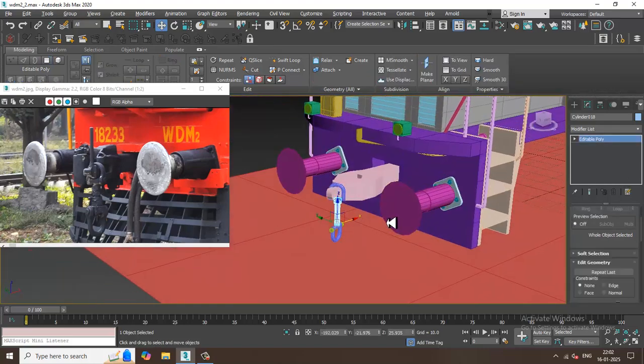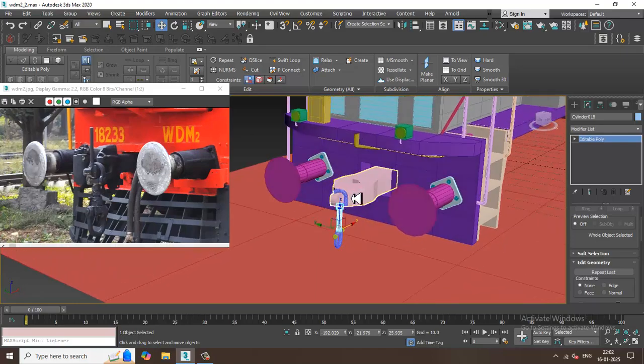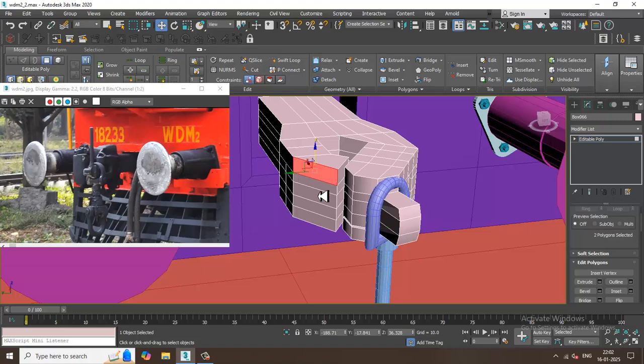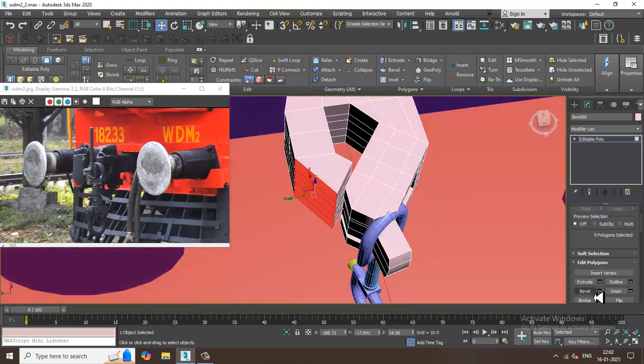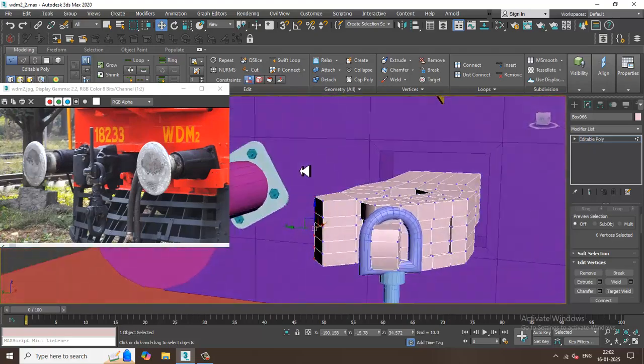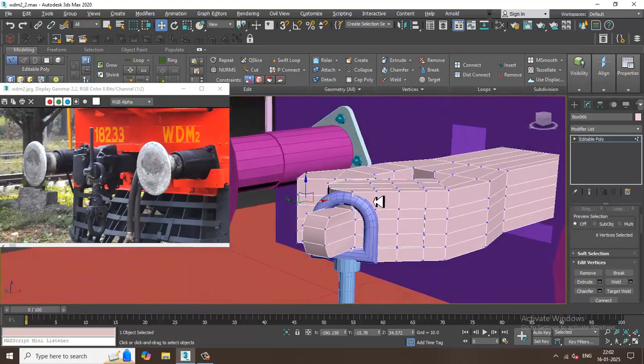Alright. Select the polygons. Again I'll extrude it slightly and let's drag it in this way. So over here